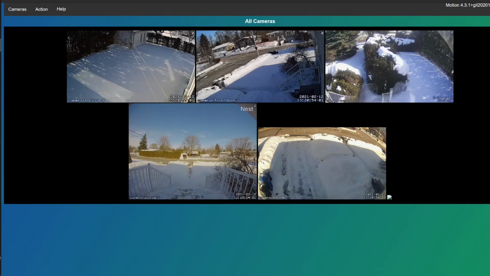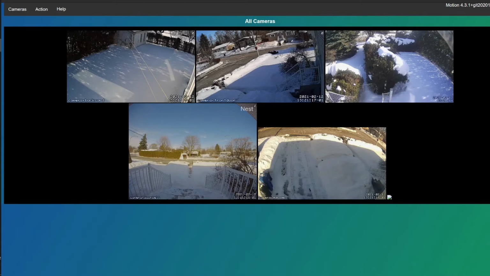So the first piece of software that I use is called Motion, and you can run it either as a standalone program or you can run it as a Docker container in order to minimize the installation. And basically it uses configuration files, and in those configuration files you define what are the sources, your cameras, and how do you want to process the detections.